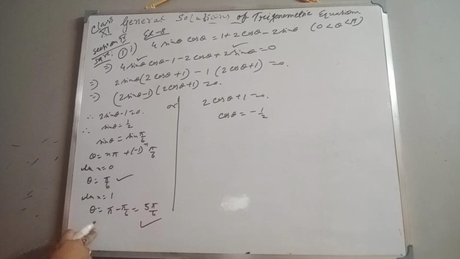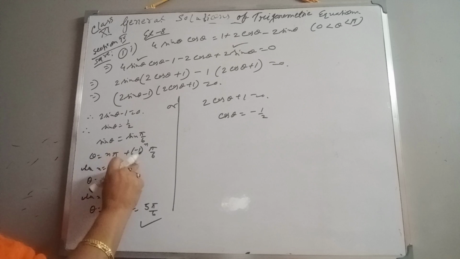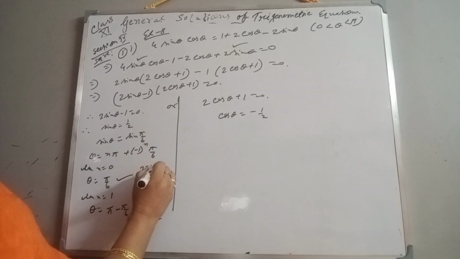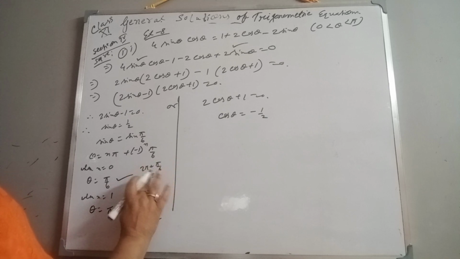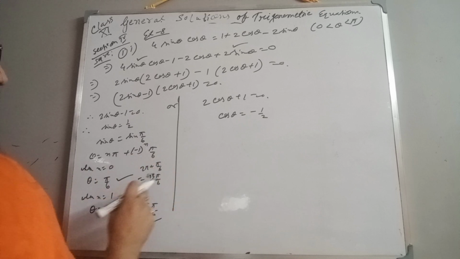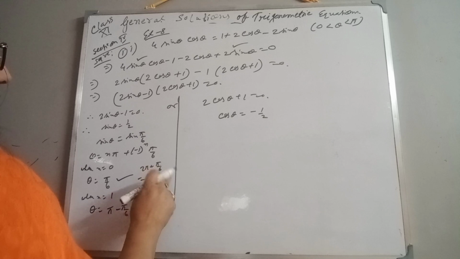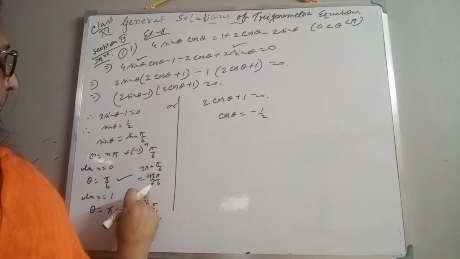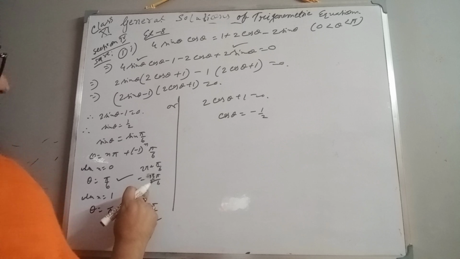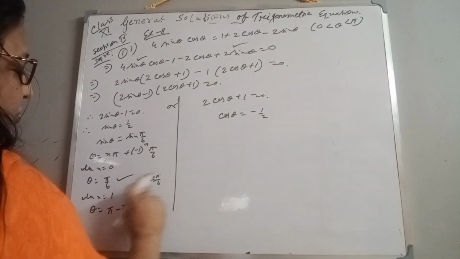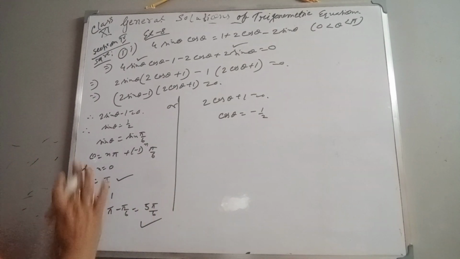If n is equal to 2, then it is coming 2 pi plus minus 1 whole to the power 2, that is 2 pi plus pi by 6. 6 2s are 12, plus pi, 13 pi, so 13 pi by 6. Pi by 6 means 30 degree, 30 degree into 13, 13 3s are 390 degree. 390 degree we cannot take, as theta is less than pi. So we cannot take this. So up to n is equal to 1 we can take.